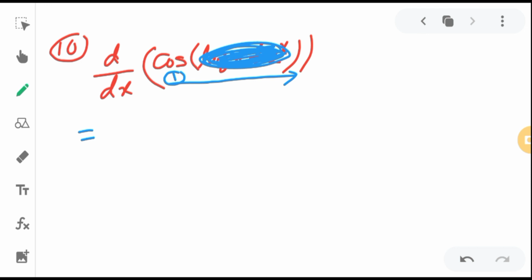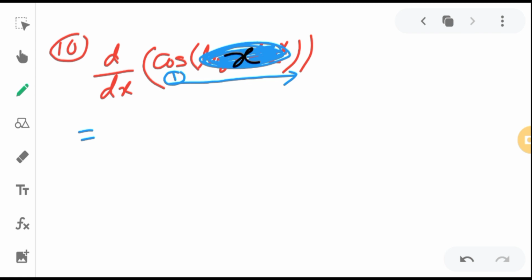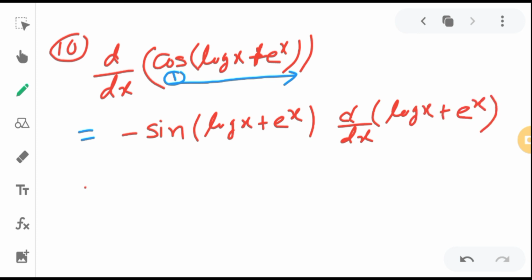Then it becomes cos x, and the cos x derivative will be minus sin x, but instead of x it is log x plus e to the power x, so we'll write it as it is. Then I will do the derivative of the second function, the whole thing inside the bracket, log x plus e to the power x. So this is minus sin of log x plus e to the power x